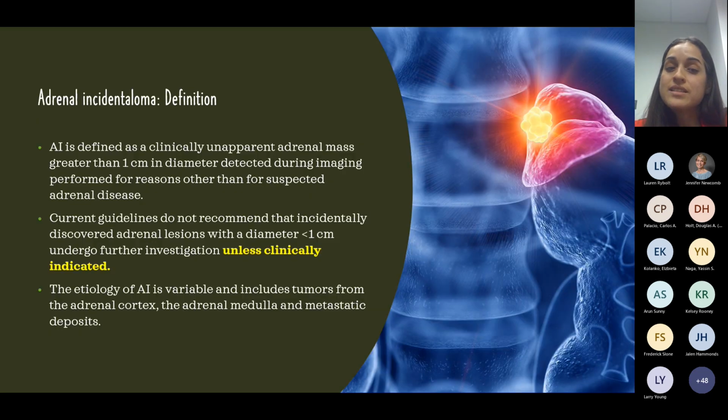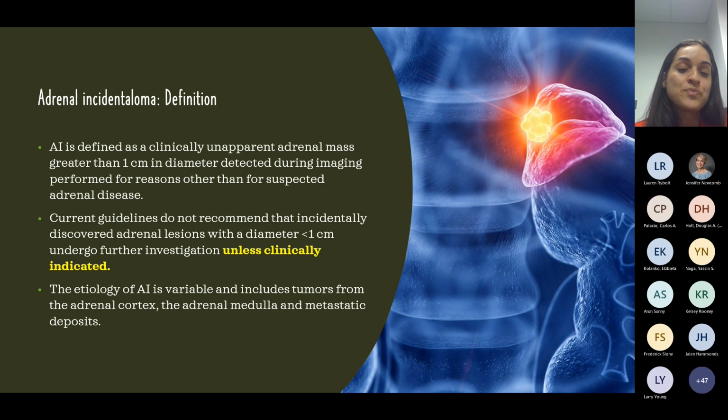So what is an adrenal incidentaloma? An adrenal incidentaloma is defined as an adrenal mass that is greater than 1 centimeter. Okay, so it's important that we have that number in mind. And we are going to detect this adrenal mass when we are ordering an imaging study, a CAT scan, an ultrasound, or an MRI